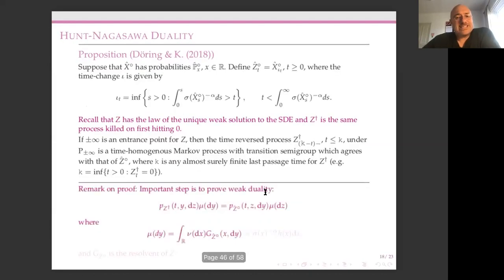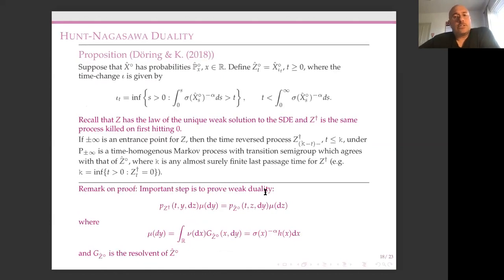What about necessity of that integral test? Now this is the dodgy direction. So this is the direction where I'm going to give you a scratch proof, but it's a terrible scratch proof because it's all lies, but it captures the essence of what is really going on for the rigorous proof. So we're going to start